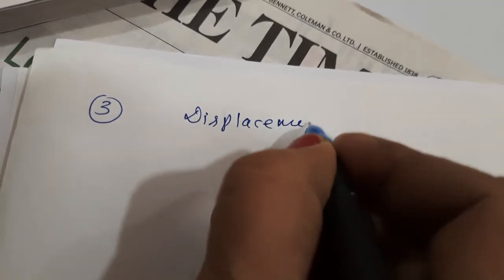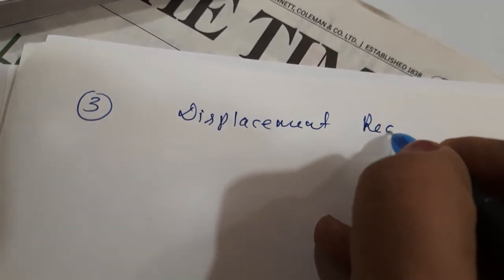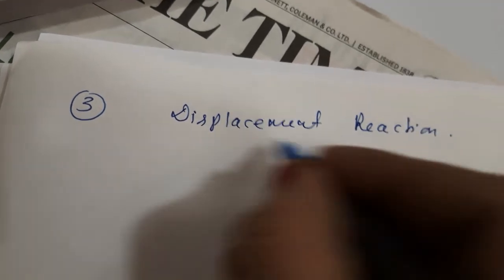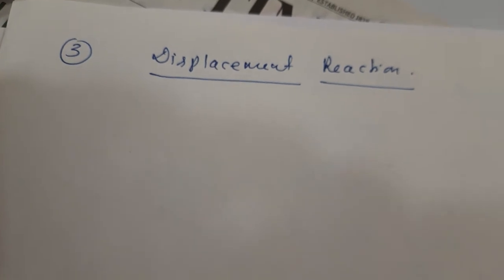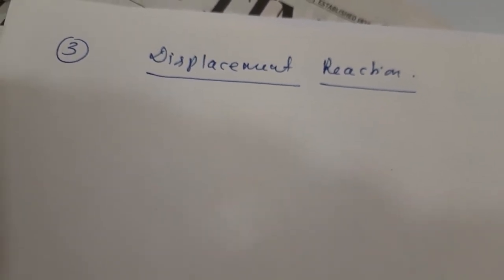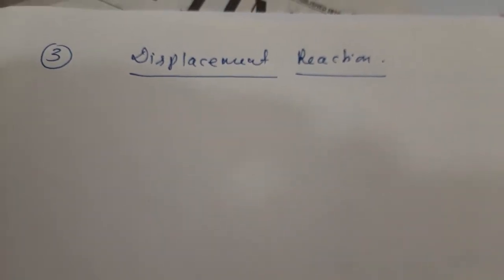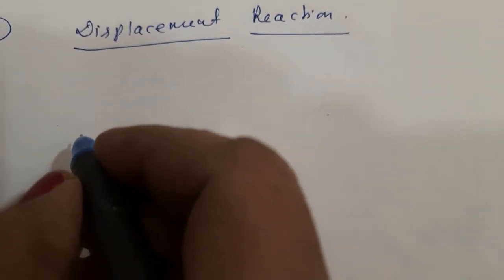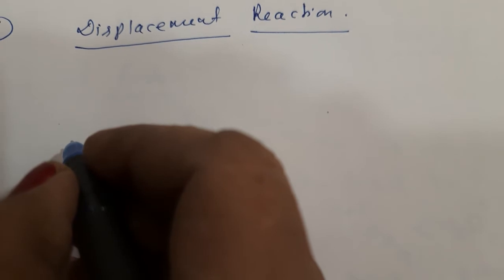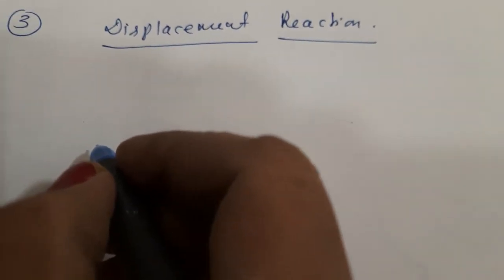Displacement reaction. In displacement reaction, metal displacement, non-metal displacement, and in non-metal again halogen displacement, everything we will read. Okay, so in displacement reaction what happens, an ion or an atom in a compound is replaced or displaced by